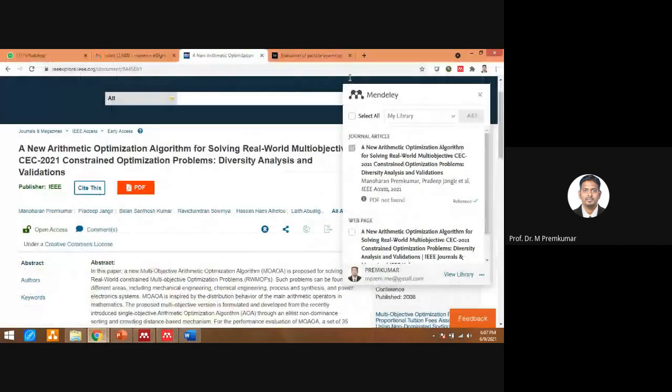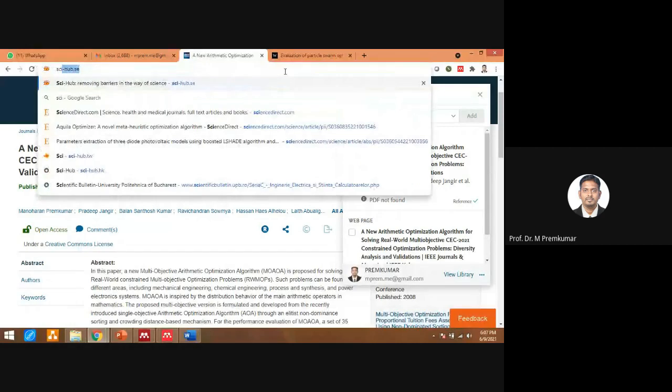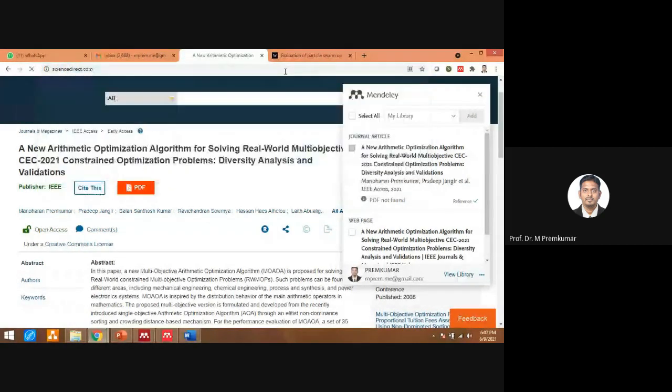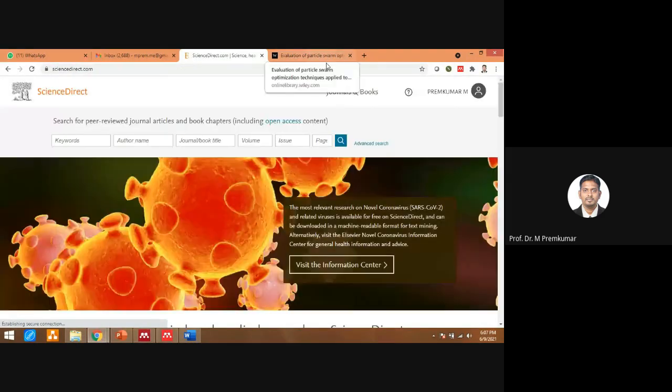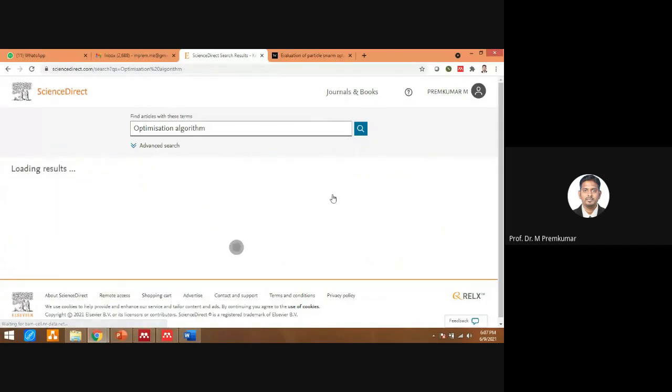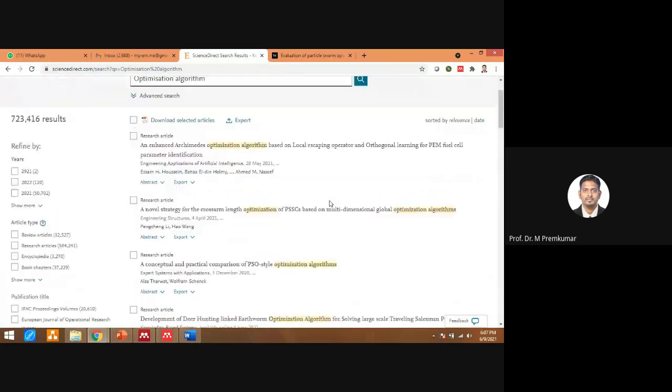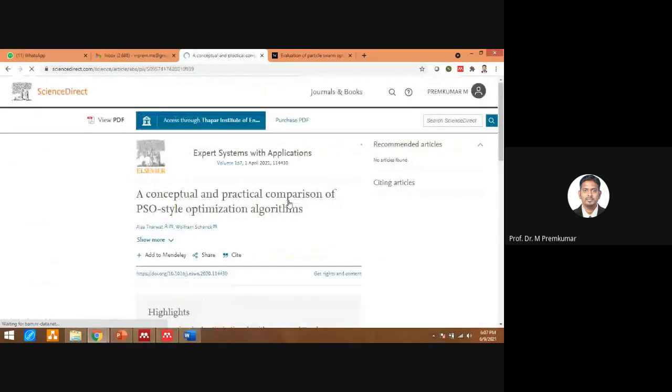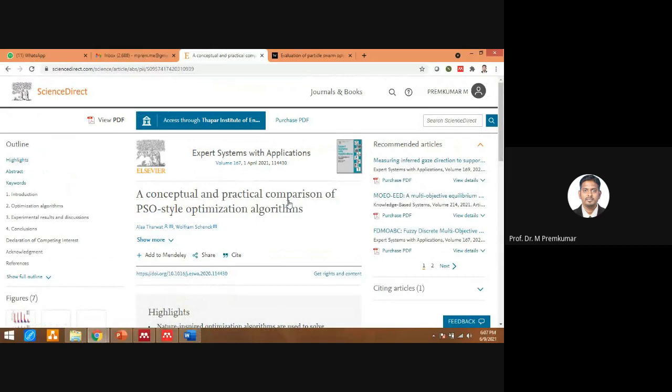And one more advantage with Elsevier. Okay, I'll go to Science Direct. All Science Direct is powered by Elsevier journals, right? I gave you a demonstration on Wiley as well as IEEE, and I'll just give you some demonstration on Elsevier also. Okay, so what I'll do, I'll select some papers. I just want to have this paper in my library. I just selected it. Okay, so either you can click this one, or you can click this web importer, but